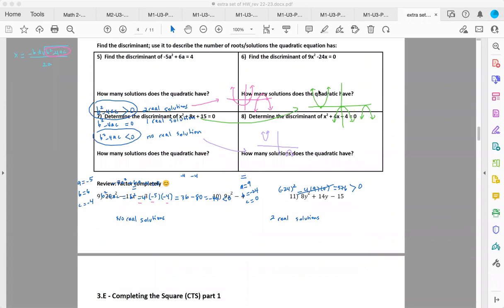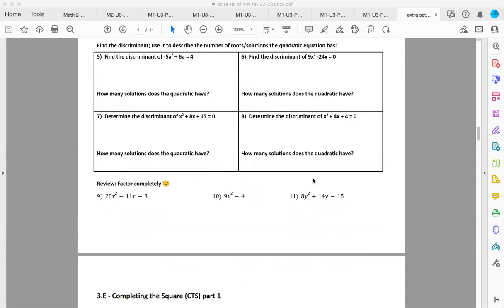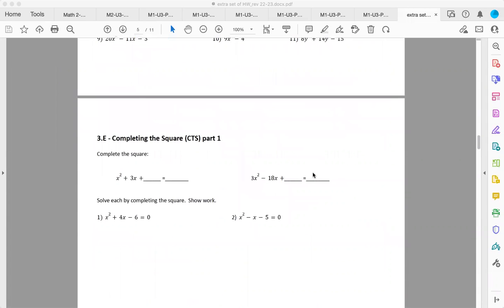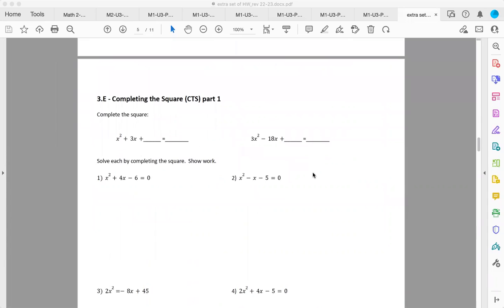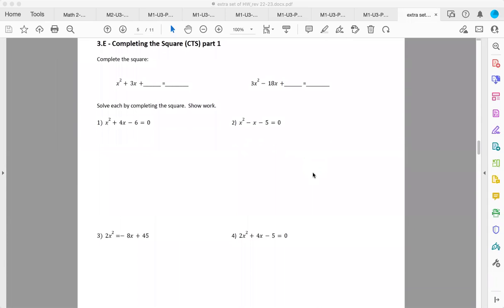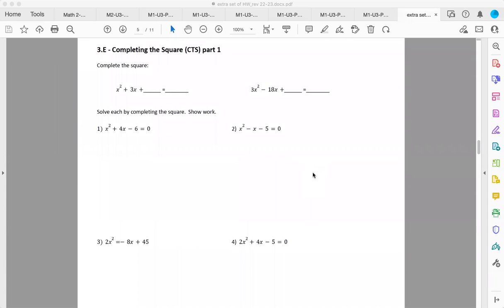Let's take a look. Sorry, let me clear that. 3E. CTS is complete the square. Okay, that's what it means. So this is a new skill, to complete the square, if you recall,